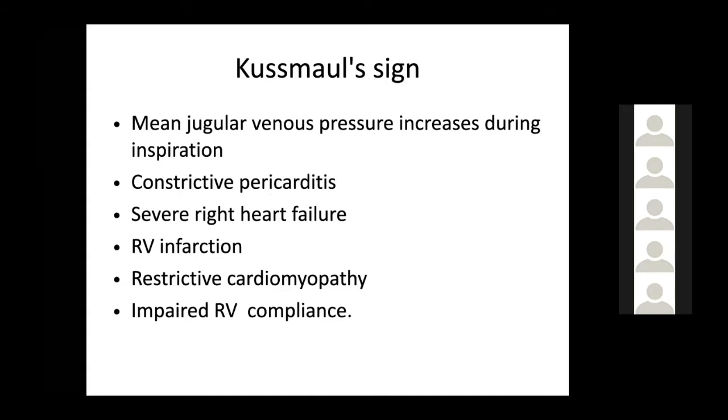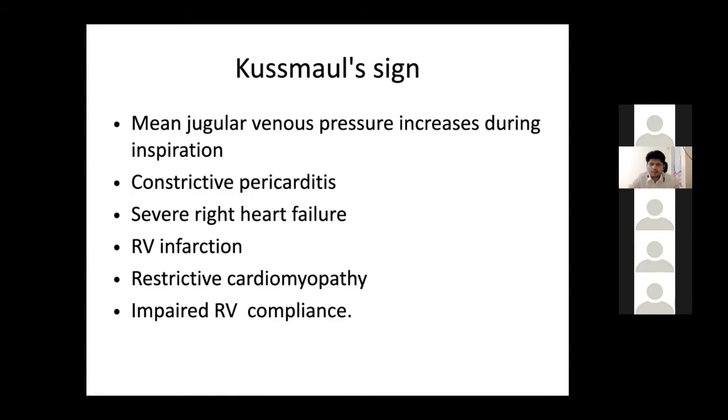However, if there is a paradoxical rise in JVP, what is happening in patients with RVMI or restrictive cardiomyopathy, constrictive pericarditis? These are the conditions where, because the RV is thick, the RV cannot take much blood. So the RA pressure increases, and whatever blood is coming is not able to go to the RA and RV. So paradoxically, it goes back to the SVC. I think you understood it.